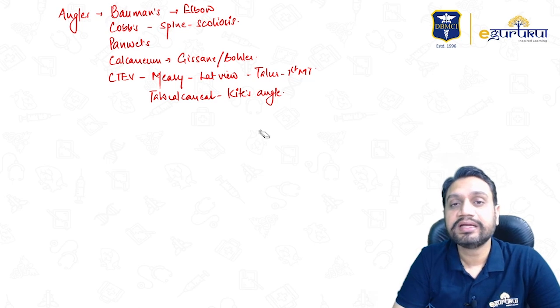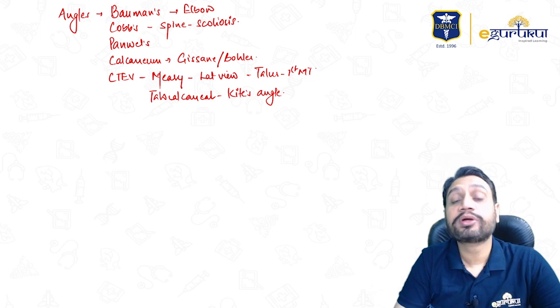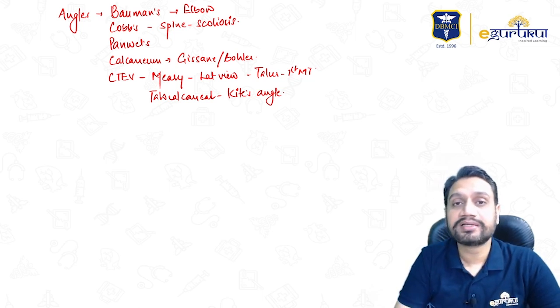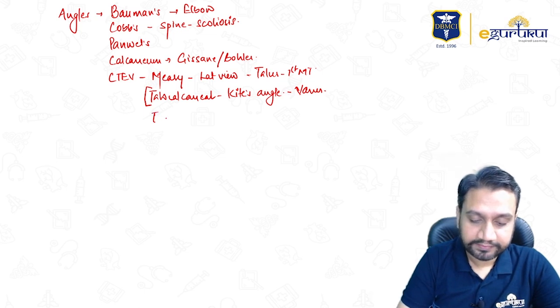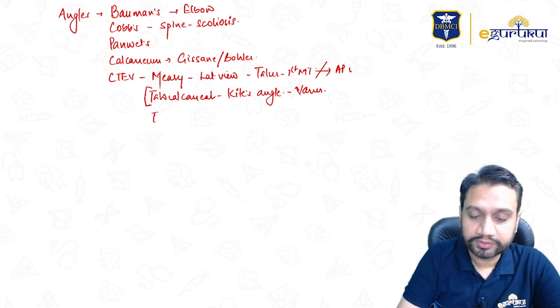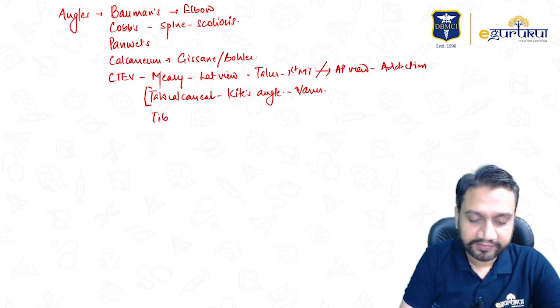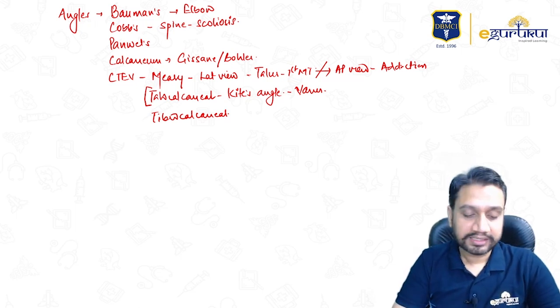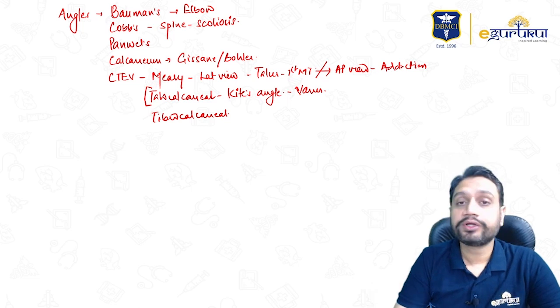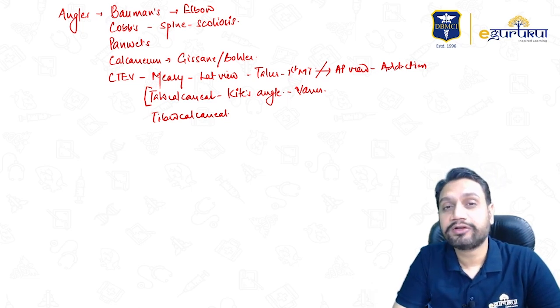If you talk about the angles in CTEV, then you can talk about the tibiocalcaneal angle, which will give you the idea of the equinus, right? And for the varus, obviously the talocalcaneal angle, Kite's angle, is going to give you the idea of the varus, right? And the same angle when it is seen in the AP view gives you the idea of the adduction. And for the equinus, as I said, between tibia and calcaneum. So do remember the commonly asked angles, the Gissane, the Bohler's, the Pauwels, the Cobb's, the Bohler's. These are the angles which are a part of your different side A with side B match kind of questions.